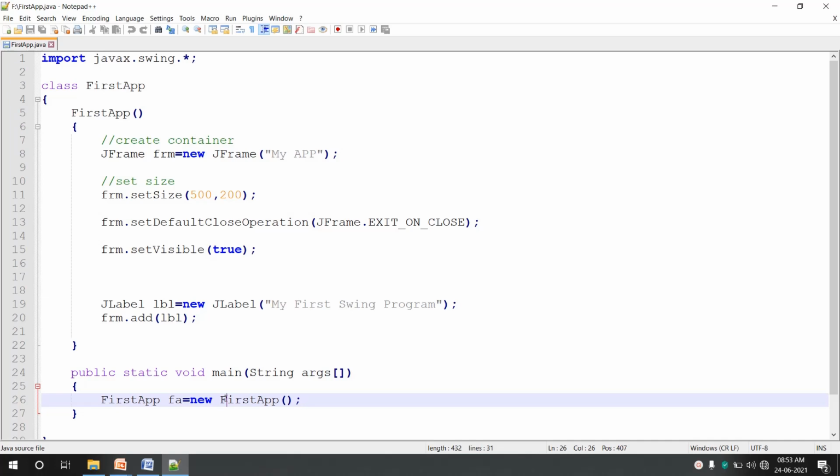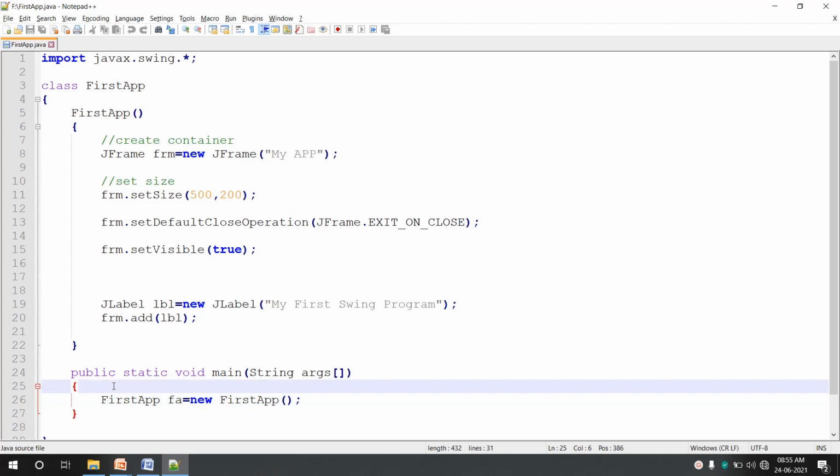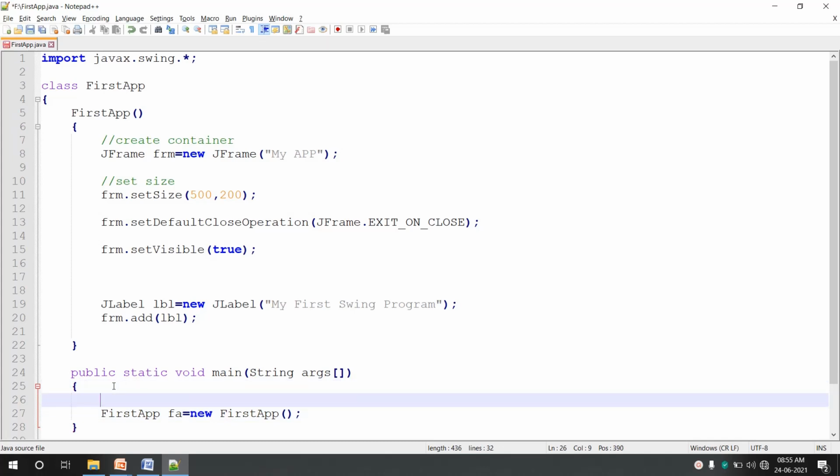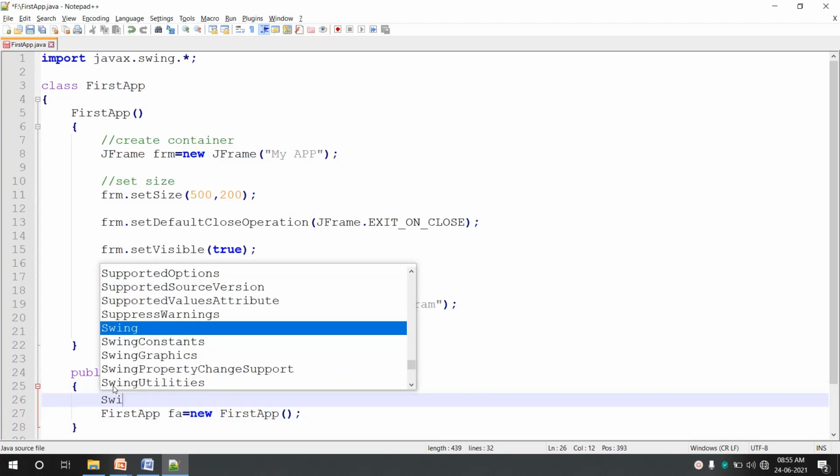Okay, so let us check how to create an event dispatching thread. To create event dispatching thread, Java provides us with a class called Swing Utilities. So okay, now what we will do is, instead of creating this object of a class inside main, we will add one more functionality here, that is Swing Utilities class.